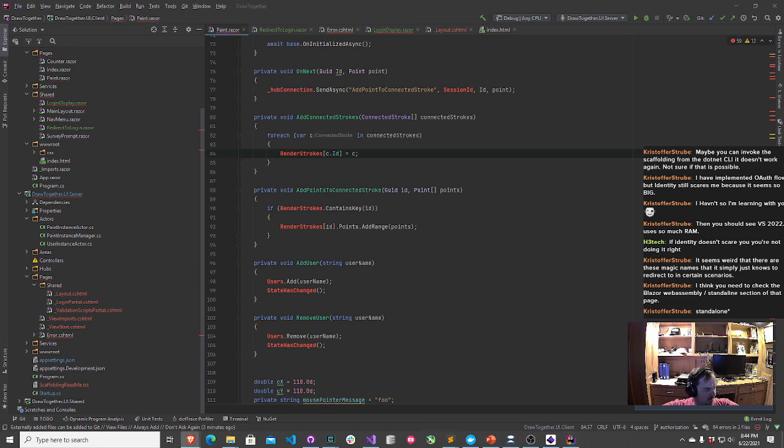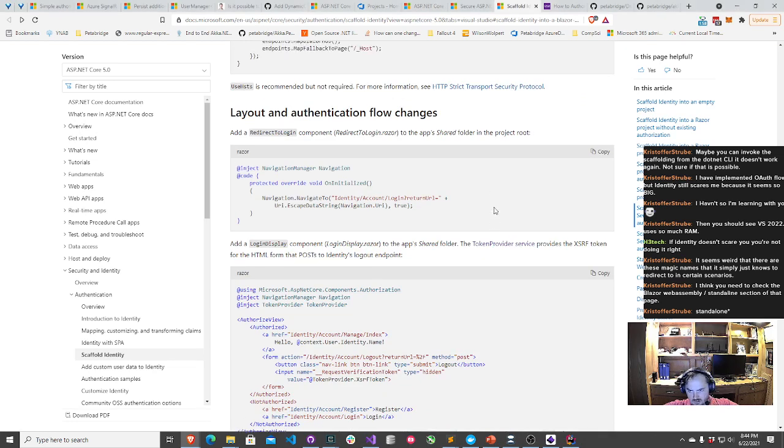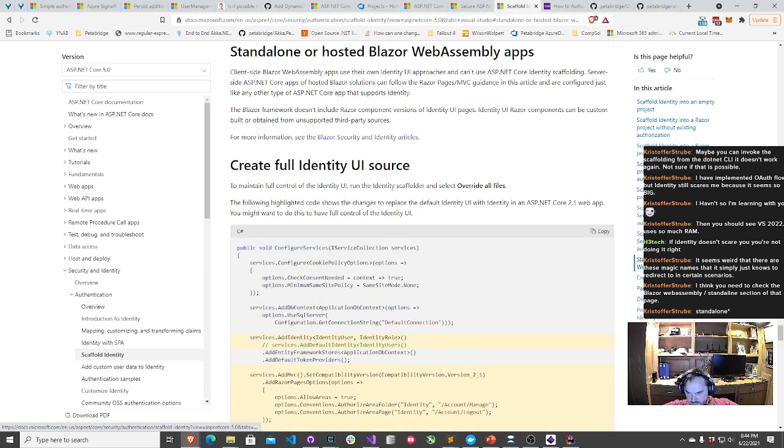I think you need to check the Blazor WebAssembly standalone section of that page. All right, I'll say, look, you're probably right. Create the full identity UI source.